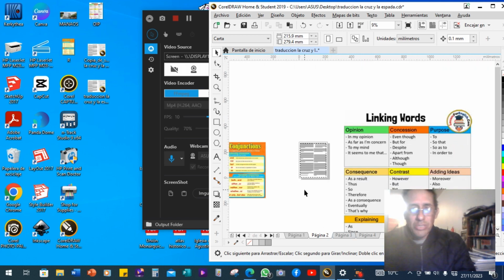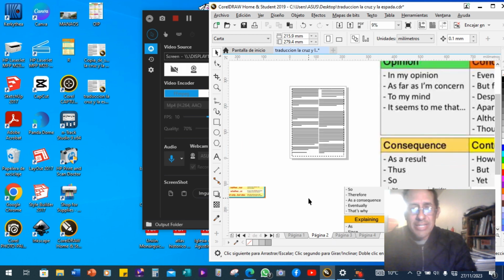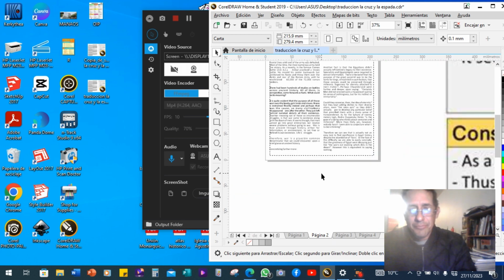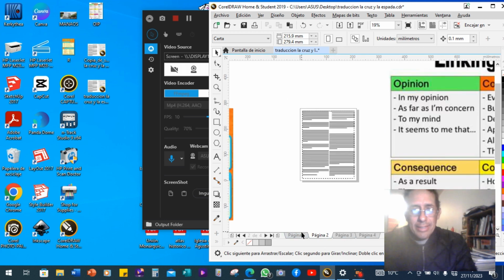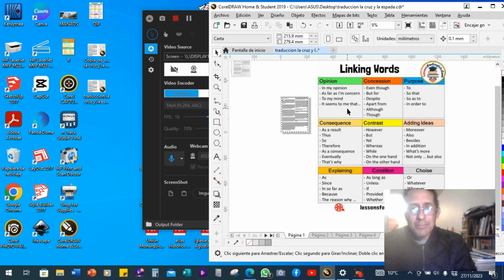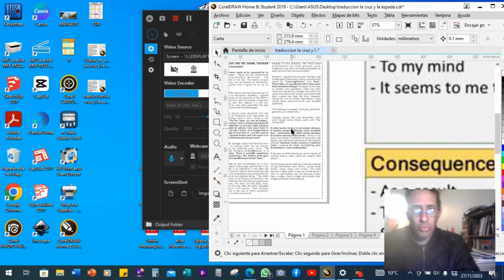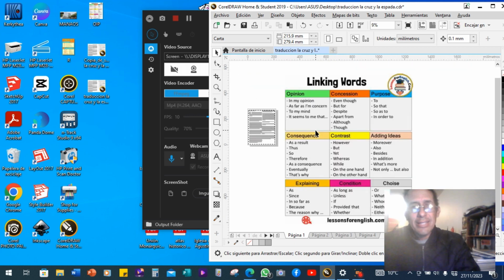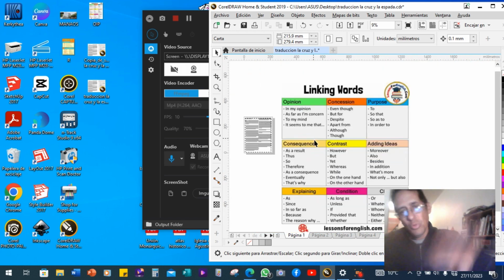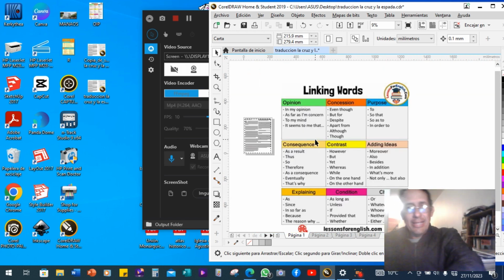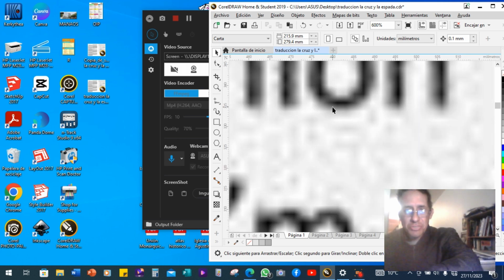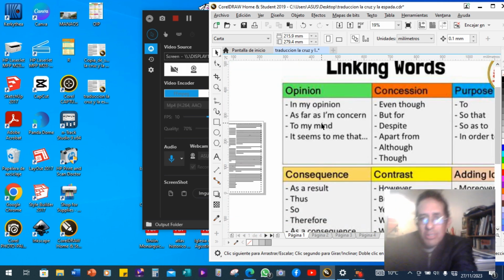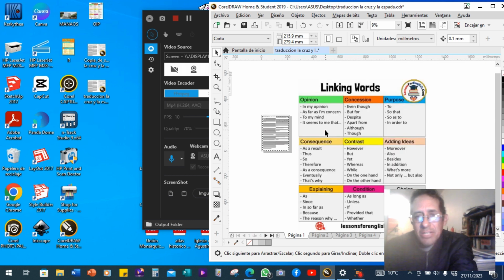The CorelDRAW environment is just like a graphic design program. We have pages, and something very useful is that within the environment where I'm working, I can import images from Google. This time I imported an actual JPEG. You can see it's a JPEG with the pixels right here. I downloaded this English grammar